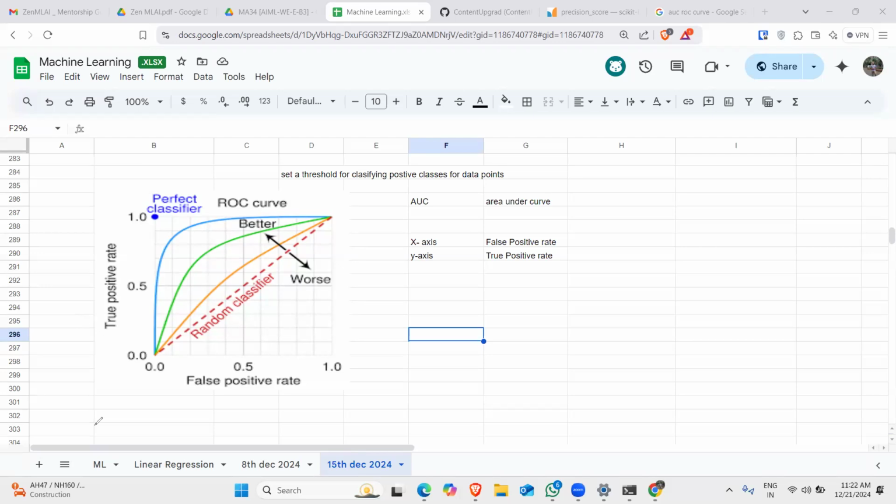Is it clear now what is FPR, TPR, and what is ROC, what is AUC? So the good model has higher area under the curve, right? Ideally, it should be greater than 0.5. On the x-axis, you have false positive rate. On the y-axis, you have true positive rate. So it's a measure for your model of how accurately and precisely your model is separating positive classes from negative classes. That's your measure, right?